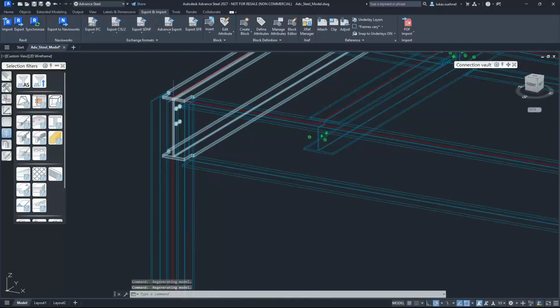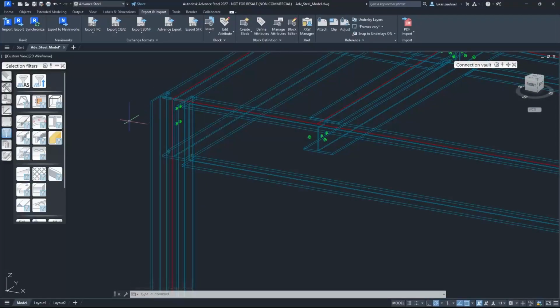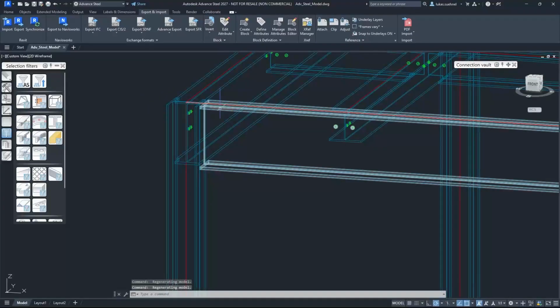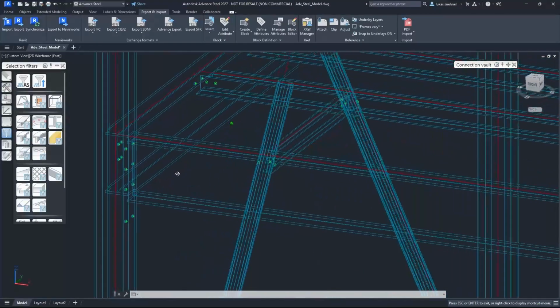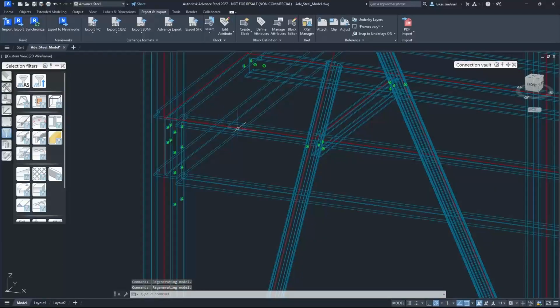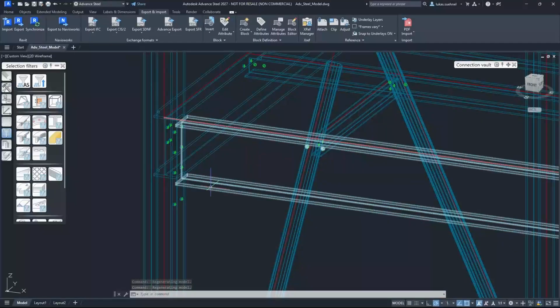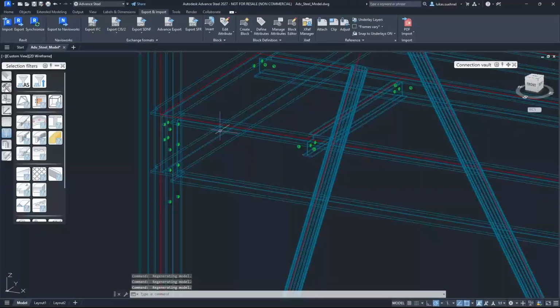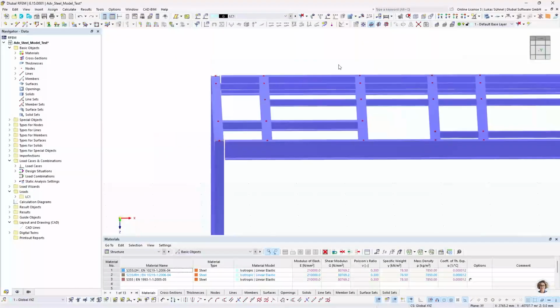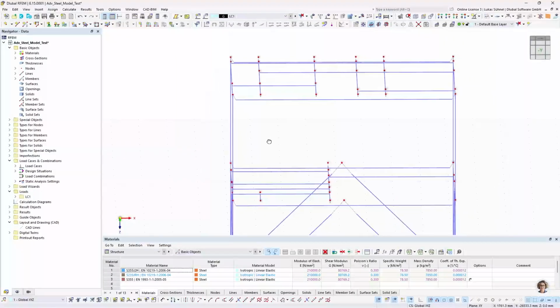So the SDNF format contains the coordinates of the baselines, and then the eccentricities are simply the result of the eccentric location of the beam compared to the baseline. Same here on this first floor, baseline on the top flange, and then the eccentricity vertically and slightly horizontally due to the joint. Now, if we think about it, going back into RFEM 6,